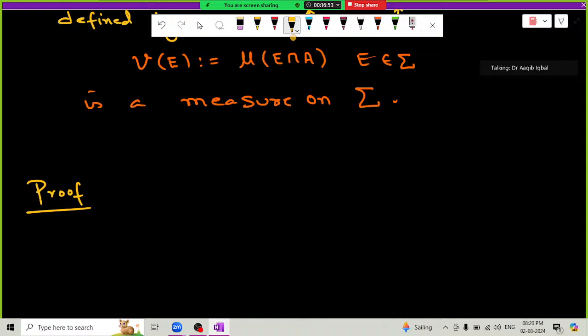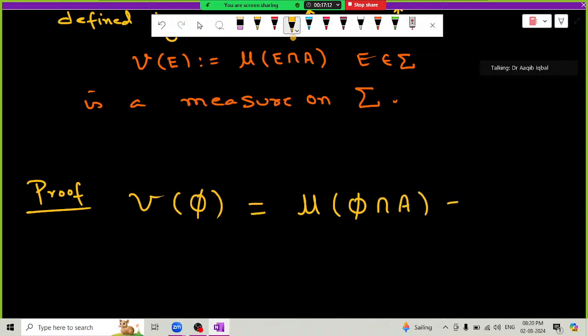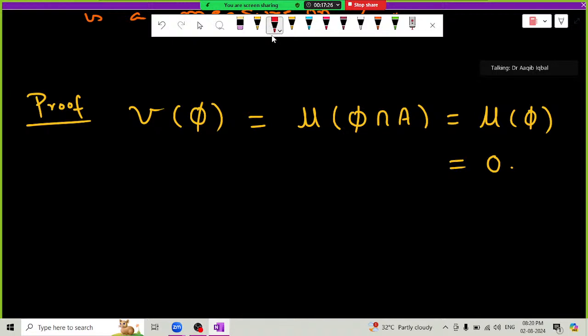तो इसके लिए आप क्या करेंगे? We will directly go for the computation. Nu of the empty set. And nu कैसे काम करता है? Nu of E is mu of E intersected with A. So अब क्या करेंगे आप? आपको simply E की जगह empty set रखना है. So therefore it will be mu of the empty set intersected with A. Now empty set intersected with A is the empty set. So this is mu of the empty set, and mu being a signed measure, mu of the empty set will be 0. So nu satisfies the first condition for being a measure. Next,